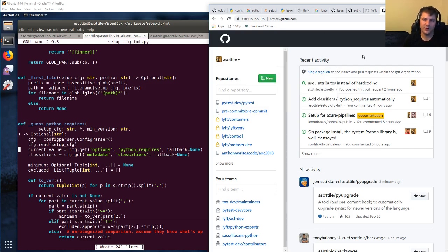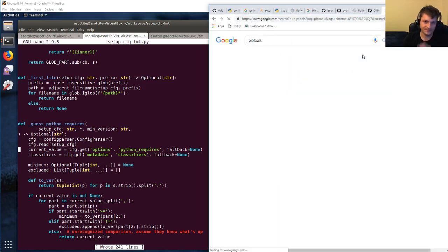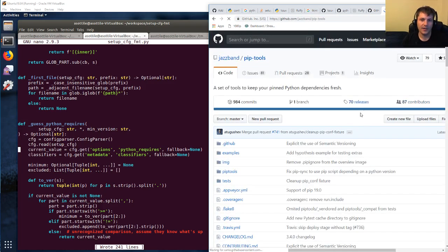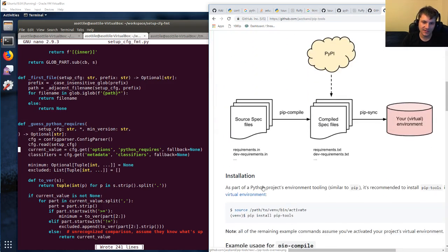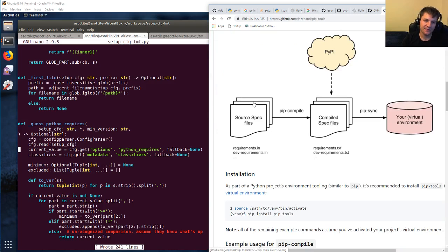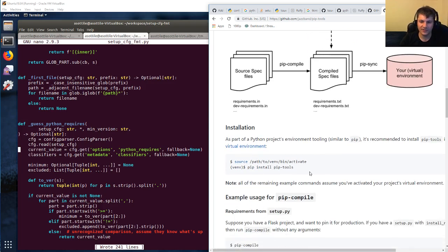And so for Python, what we use is a tool called pip-tools. What pip-tools does is you basically specify your top-level dependencies in a file called requirements.in. Then you run a command. On this diagram, it's pip-compile. We have a custom version of pip-compile that does a couple of special things that Lyft needs. And then that ends up being a requirements.txt file,